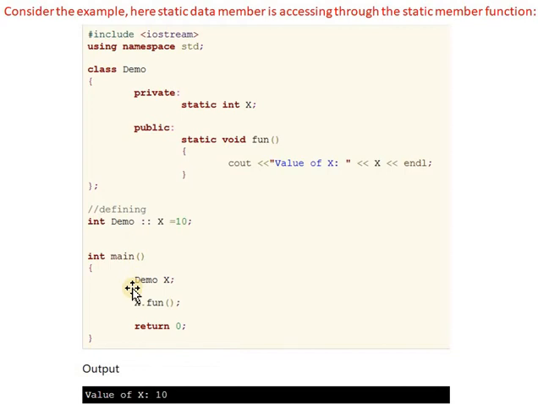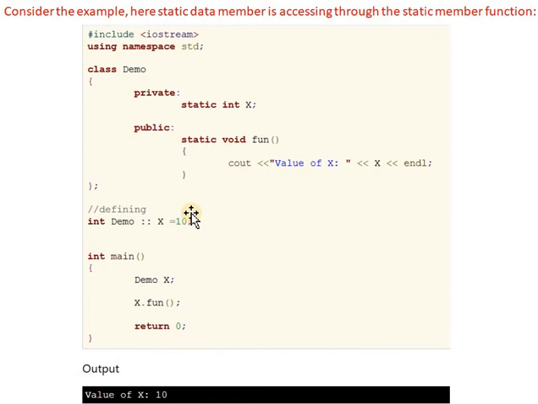Then in the main function we create the object for the class demo, and the function will be called. When the function is called, the static member variable's value will be initialized. That is, when you compile and execute this program, you will get the output value of x is 10, because here we initialized the value as 10.